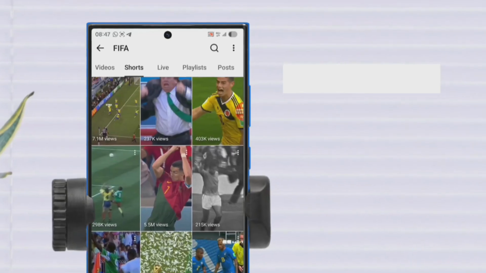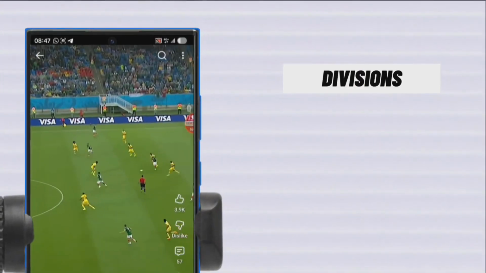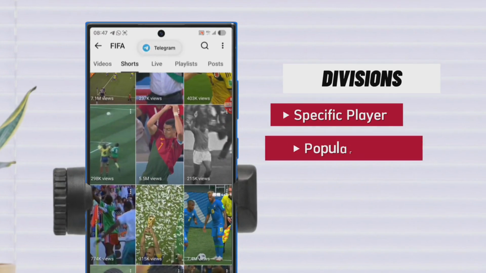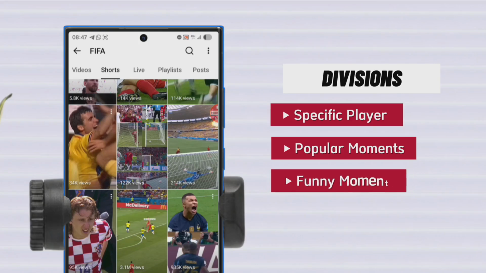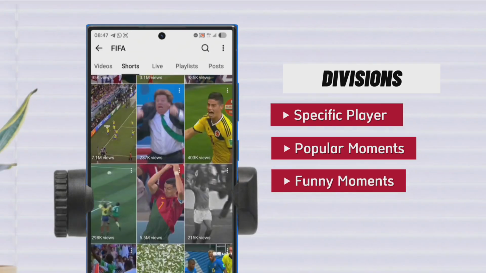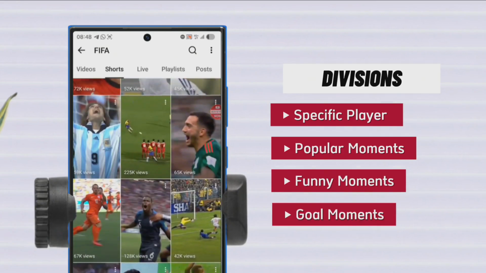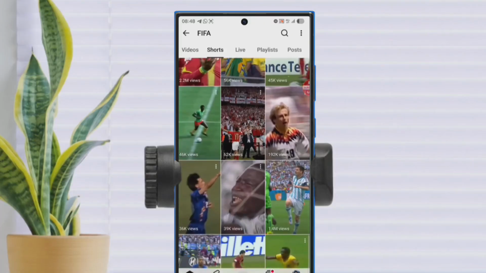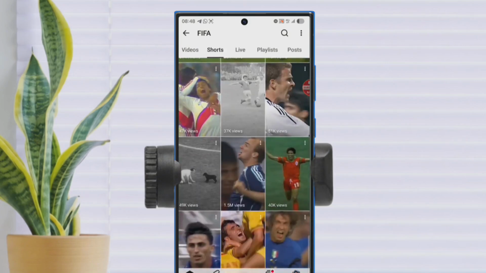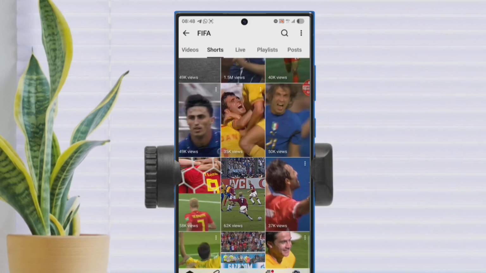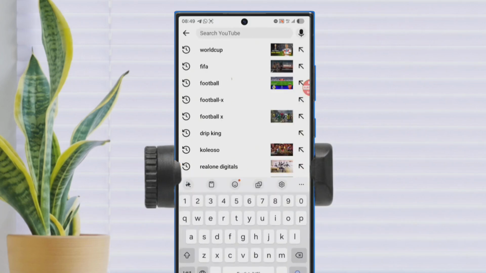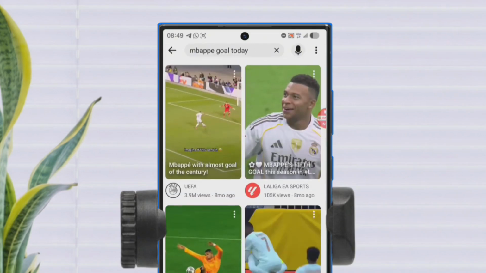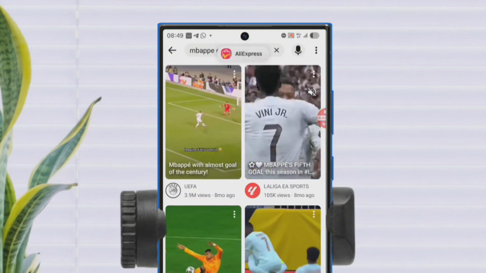Okay, now there are 3 main divisions for this. If you want to search for viral clips, you can search for viral clips of a specific player. You can search for viral clips of popular moments. You can search for viral clips of funny moments, and you can search for viral clips of good moments. So it might be past events and it might be present ones. All works perfectly. But if you are watching the World Cup right from the comfort of your home from anywhere, you can just use your smartphone to record all the moments, and from there you can pick your clips from there. So I can decide to go broad without searching for any specific channel. I can say Mbappe go today, maybe something like that. Okay, so I'm just going to see a lot of short videos that post Mbappe.